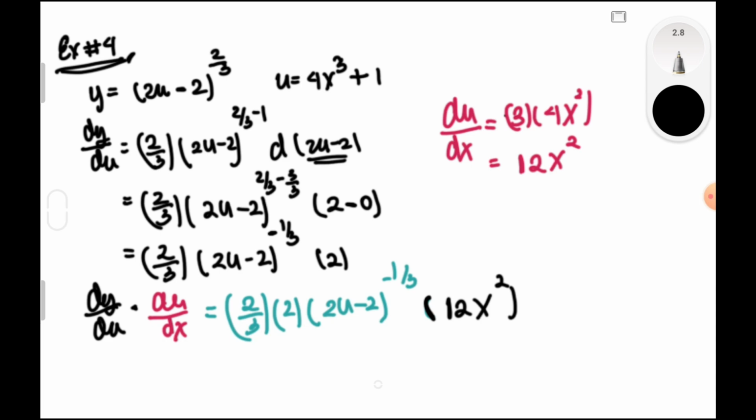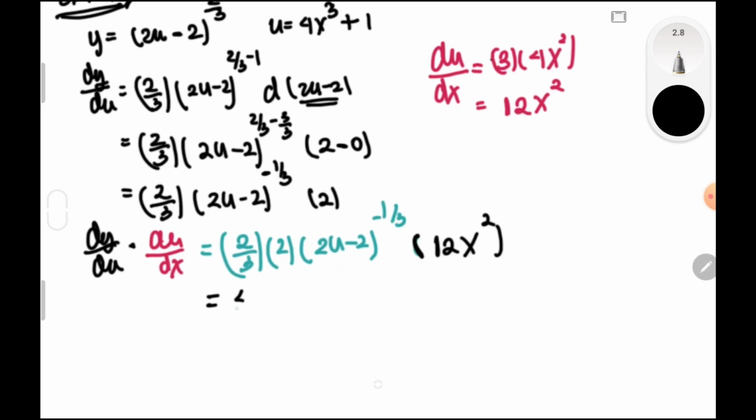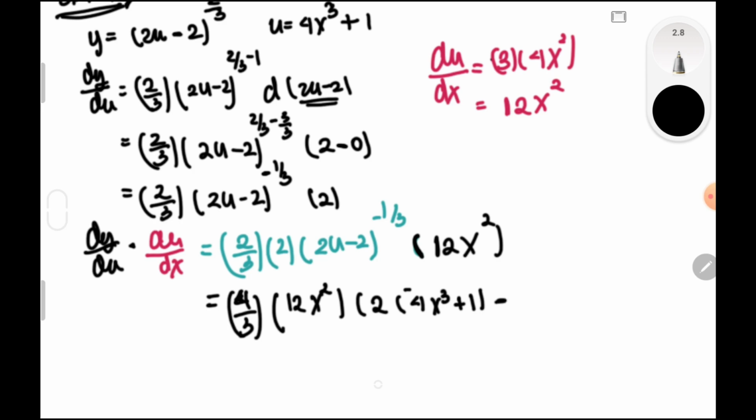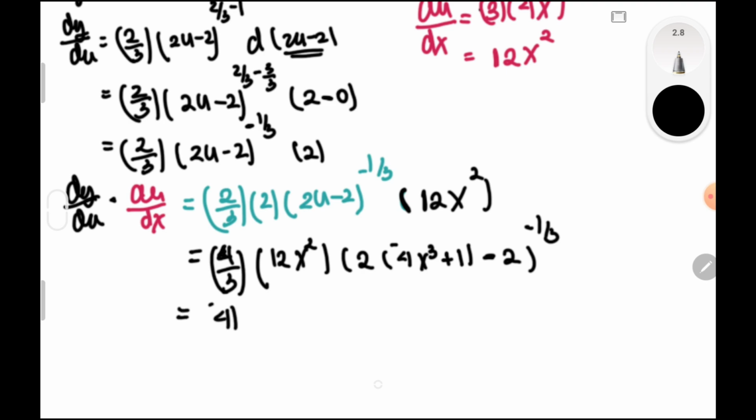Okay. So from here we will have a value equal to 4/3 multiplied by 12x squared, multiplied by 2 multiplied by u, which is equal to 4x cubed plus 1 minus 2, raised to negative 1/3, or we will have 4 multiplied by